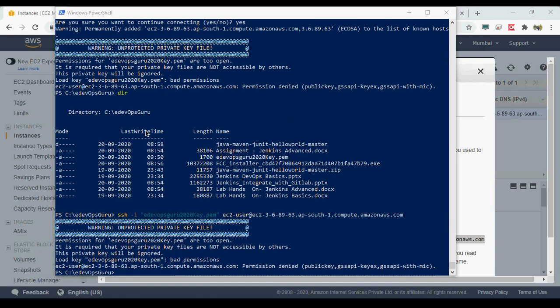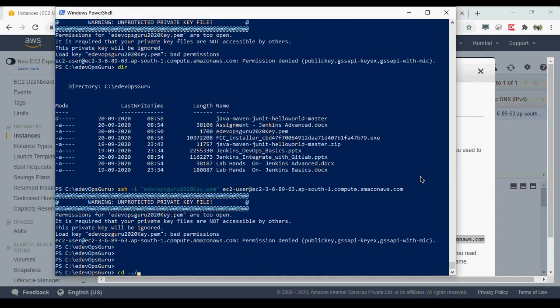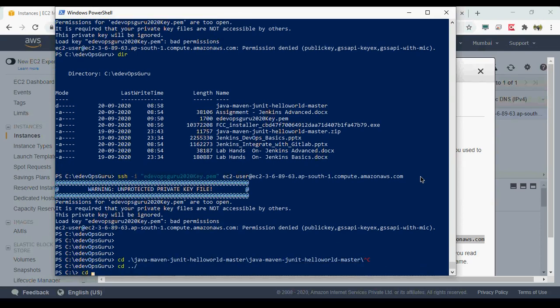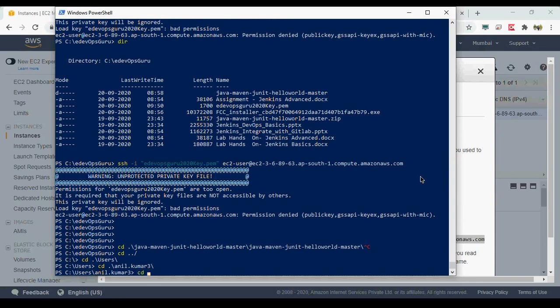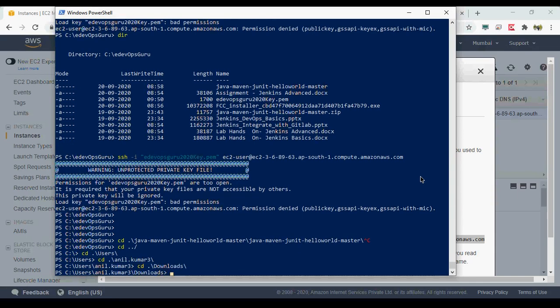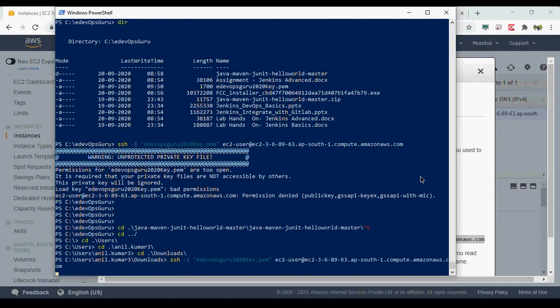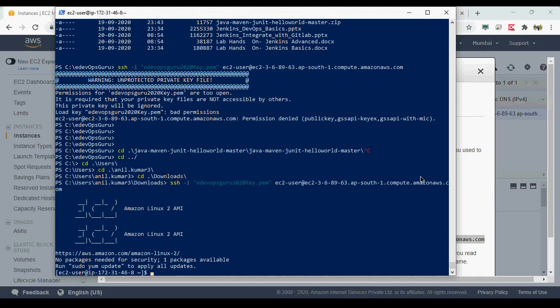Okay, Windows. So we normally use Windows just to make things easier. Let me go to my user. Okay.